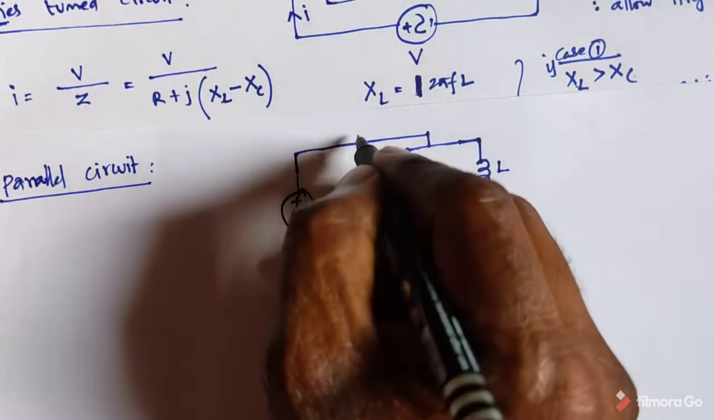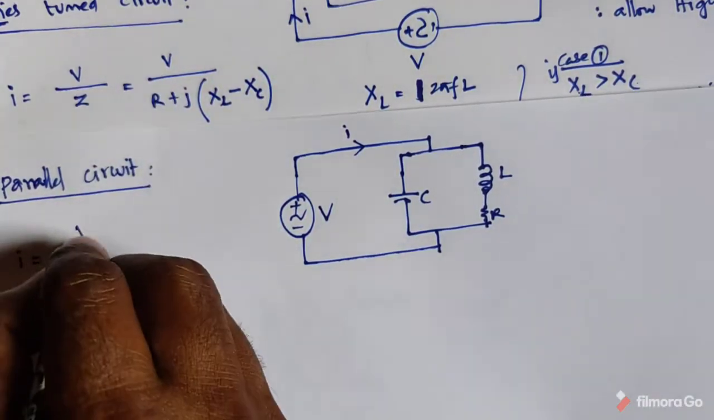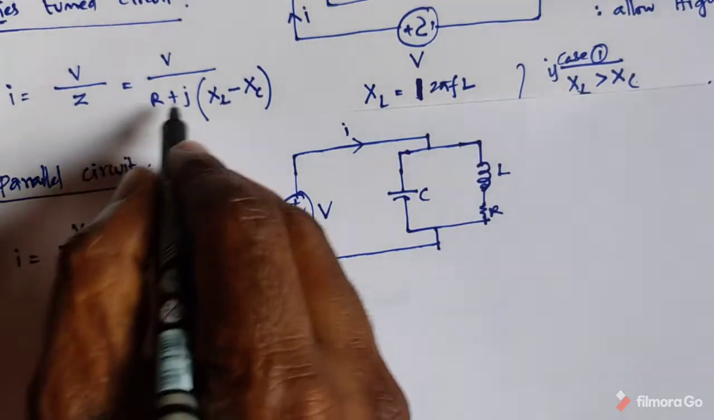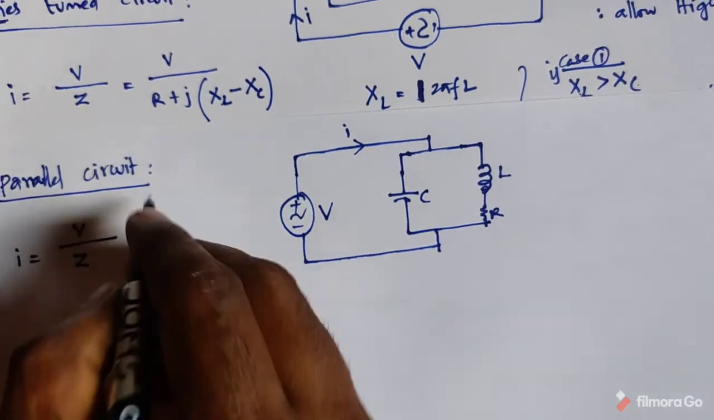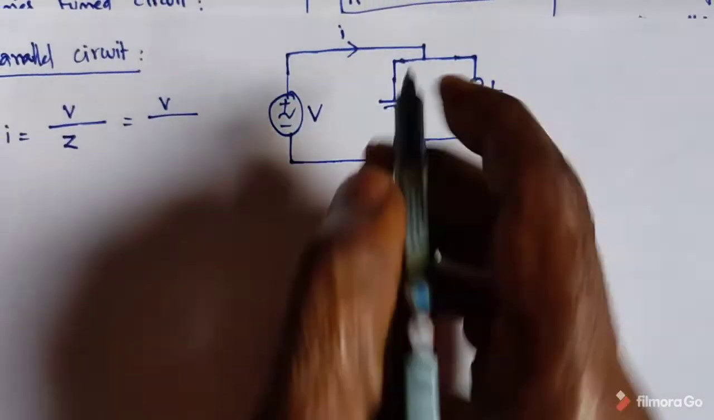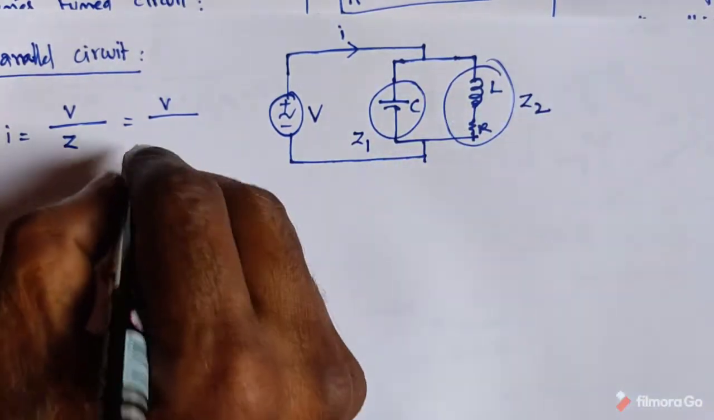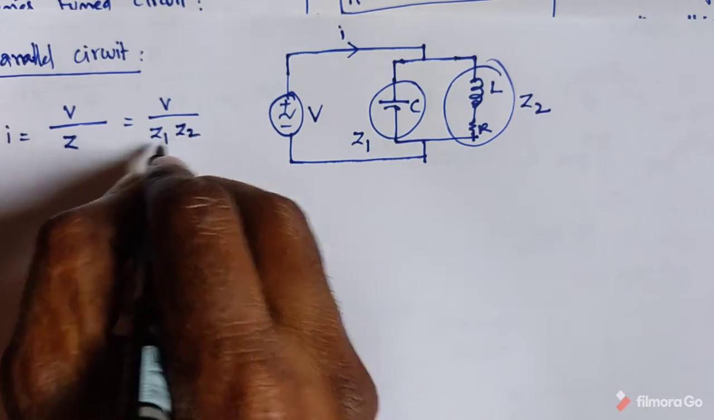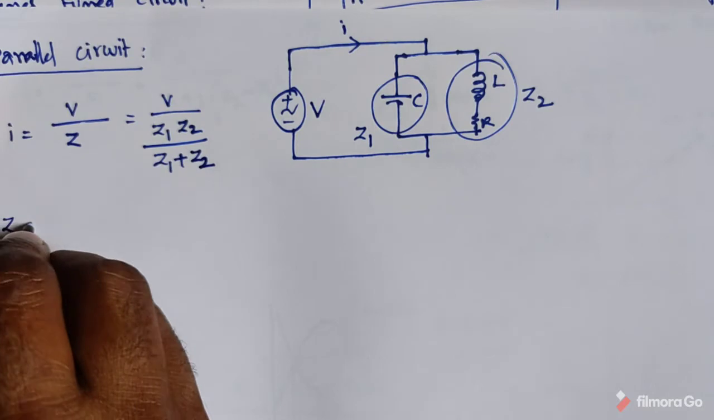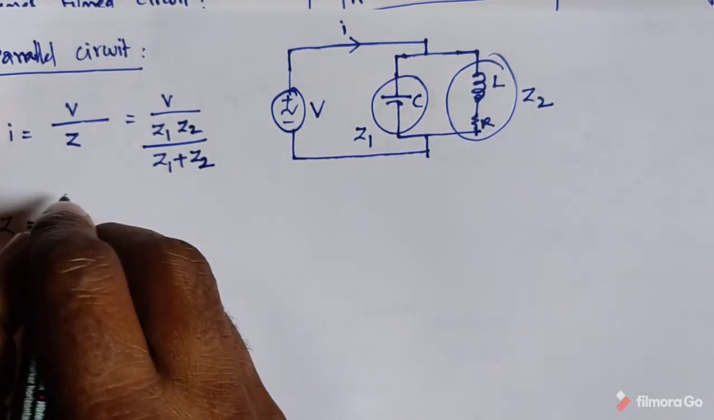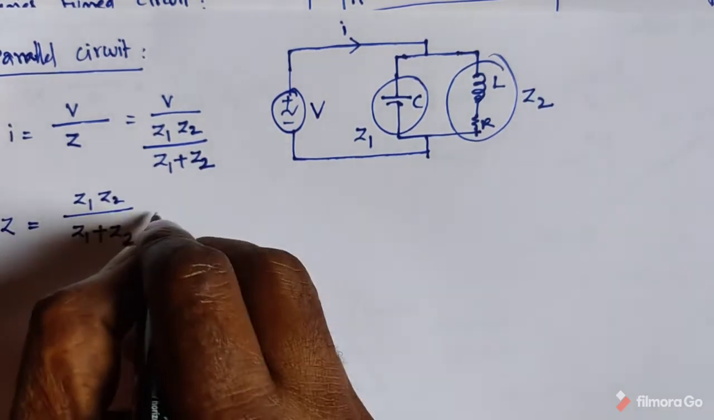In the previous class I also explained that I is equal to V by R. So simply, I is equal to V by Z. Okay. In a series connection the impedance is R plus some value. Now in this case, take the responses as Z1 and Z2. The total Z is equal to Z1 Z2 by Z1 plus Z2, where Z1 is